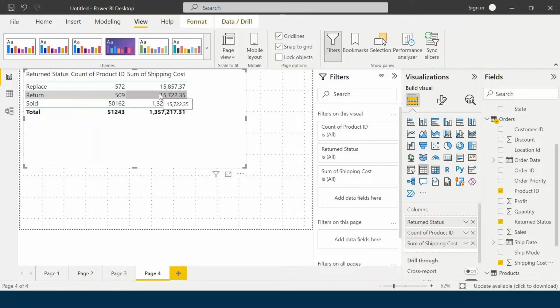Vaidehi, one doubt. How can we understand which chart to be selected? Is there any